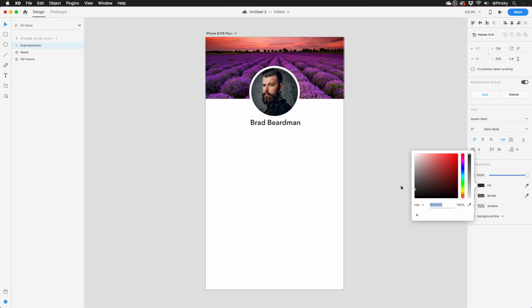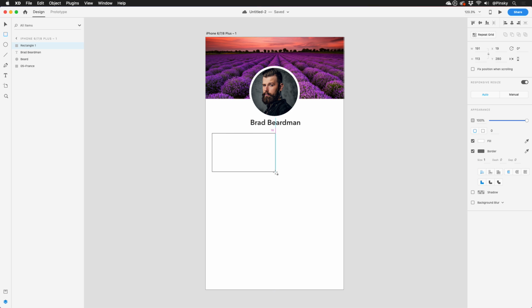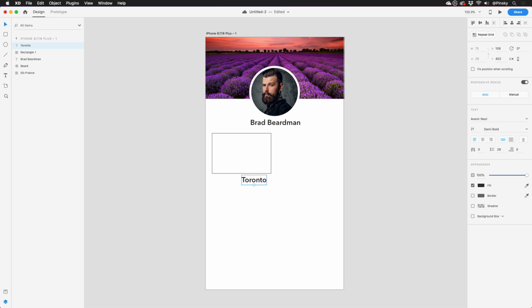Next, let's work on a photo gallery at the bottom, focused on showcasing various destinations that this user has been to. This gallery will contain images, text, and a few smaller elements. Starting off with the image, a rectangle filling a little less than half the screen should do the trick. Next, the destination name can be added using point text. I'll go with my hometown for the placeholder, and to keep consistency, make sure that I'm using Avenir Next. Great, with the first card complete, the fun begins.